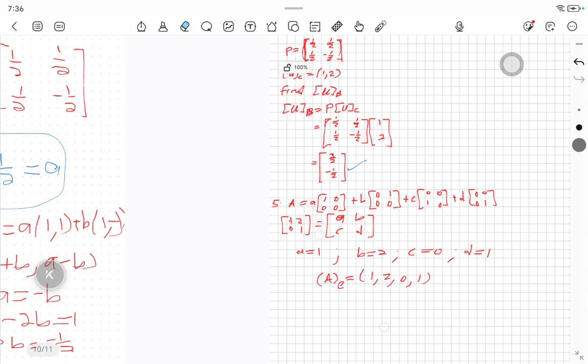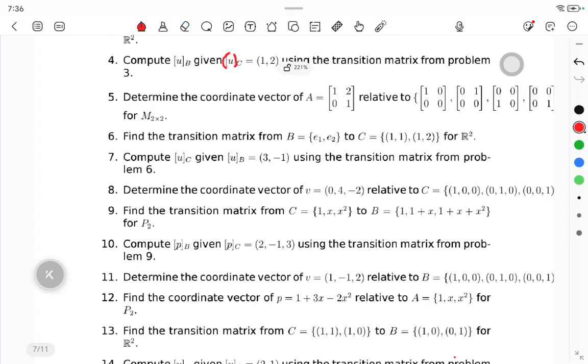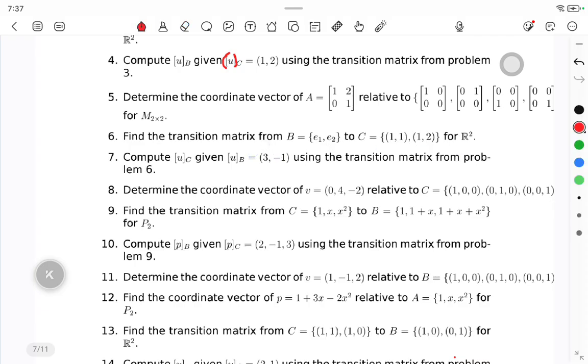So let's come to number 6, the one I was looking at that time. Number 6, they said we must find a transition matrix. Remember, a transition matrix, we have to check where it's coming from and it's going where. So it's from B to C, meaning that we must find A1, C, and A2, C. Then we put this together, we get our P. You say right. This is what we must find. So we're going to this. Let me just copy this. B is equal to A1, A2,